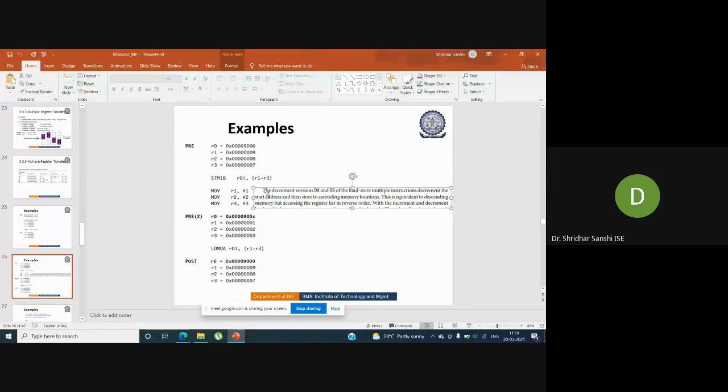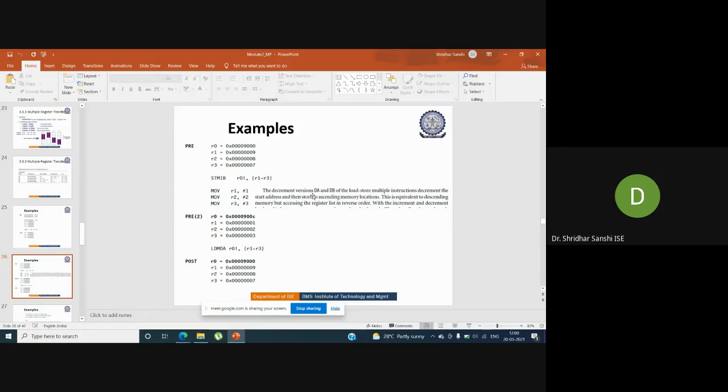Whenever there is a statement here, you can see the decrement version, decrement after and decrement before, of the load store multiple instruction decrements the start address. So R0 is our start address, and then we store to ascending memory location.